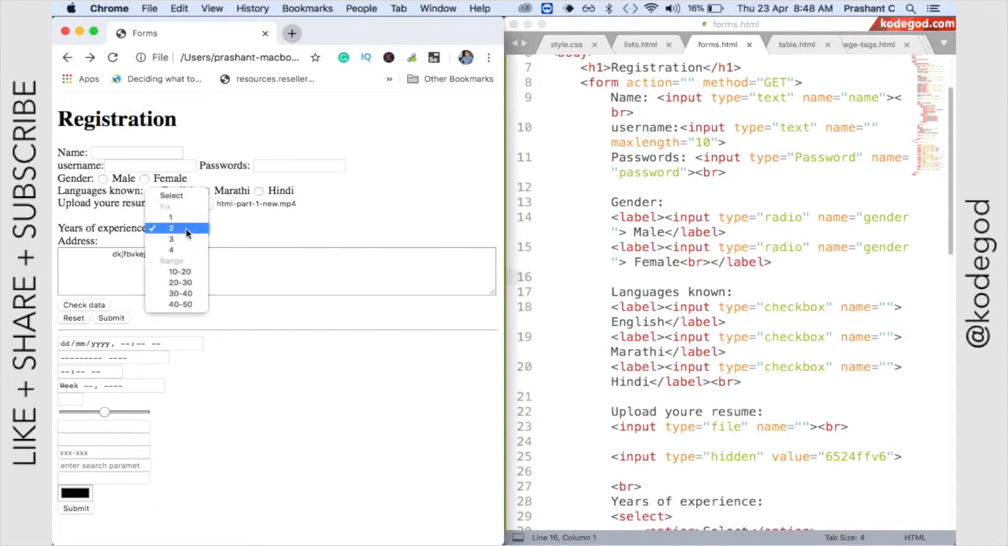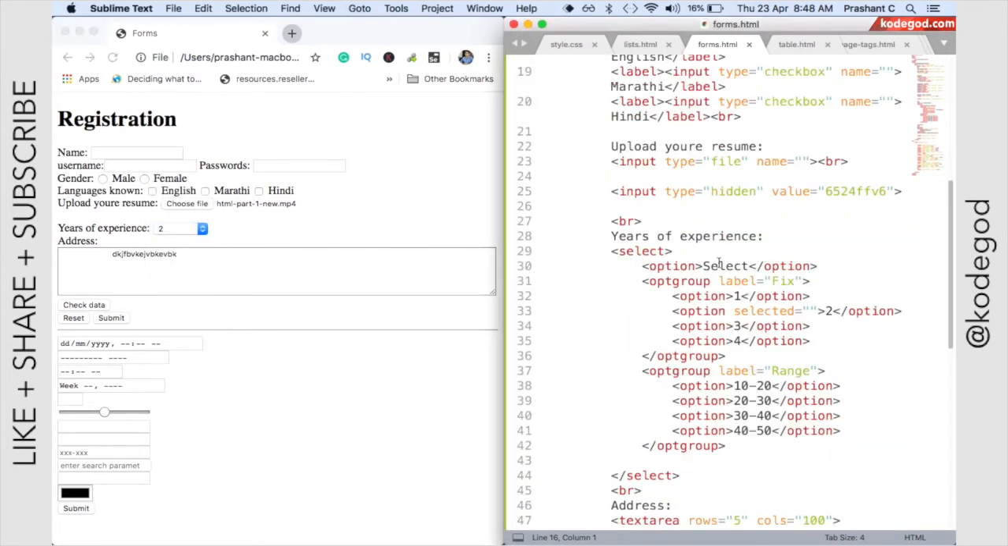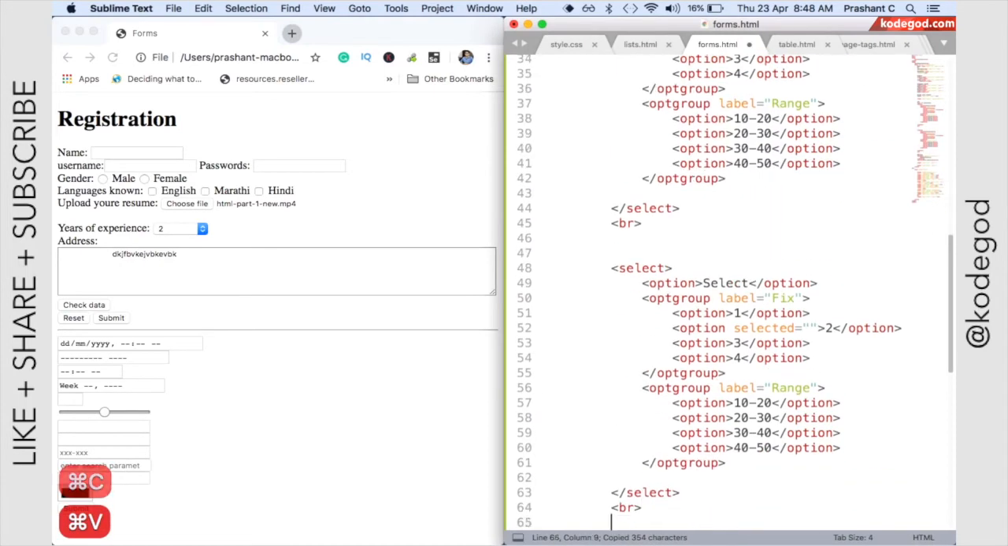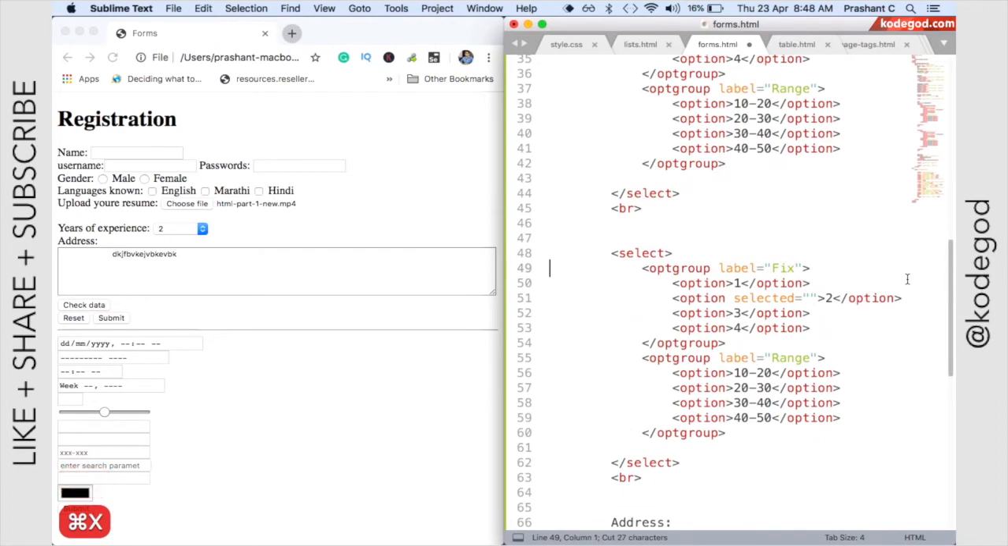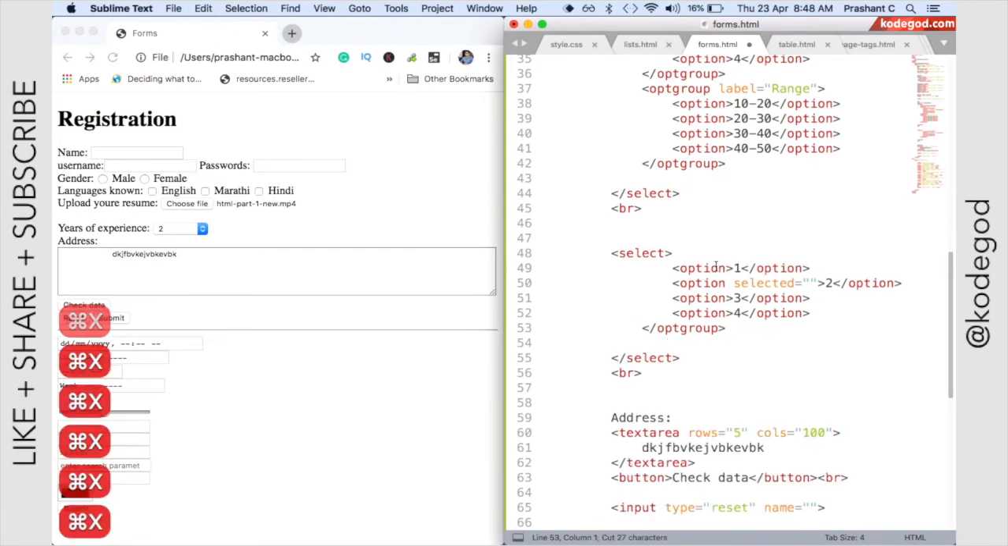Okay, so let us take one quick example of the drop down that we have seen. In our example, we have these multiple drop downs. I'm just going to copy that code. I'm just selecting this option, creating a copy of it. For simplicity, I'm just going to remove optgroups. And I'm going